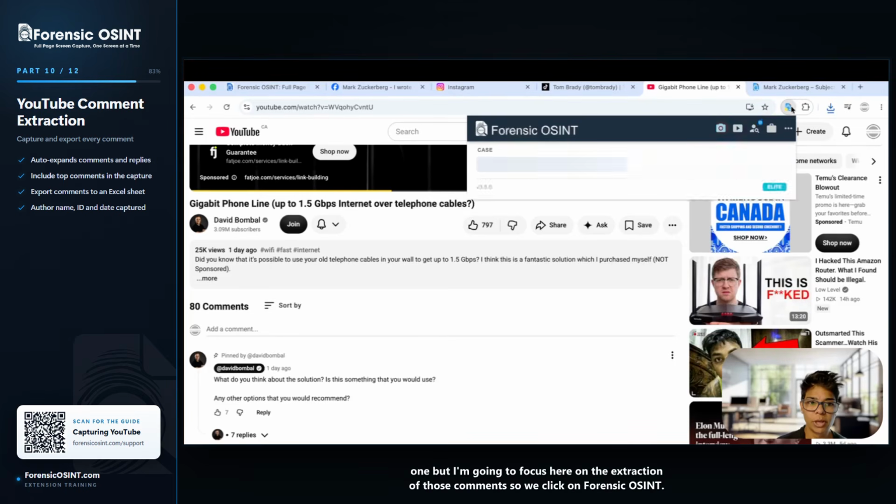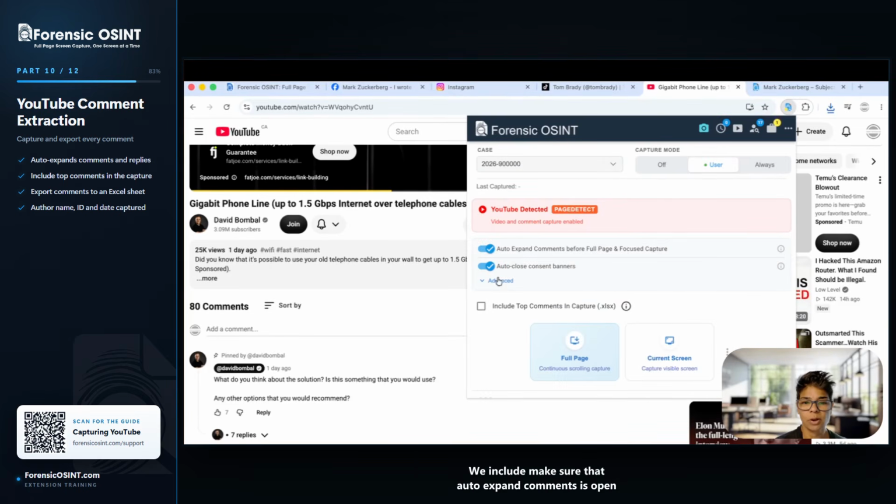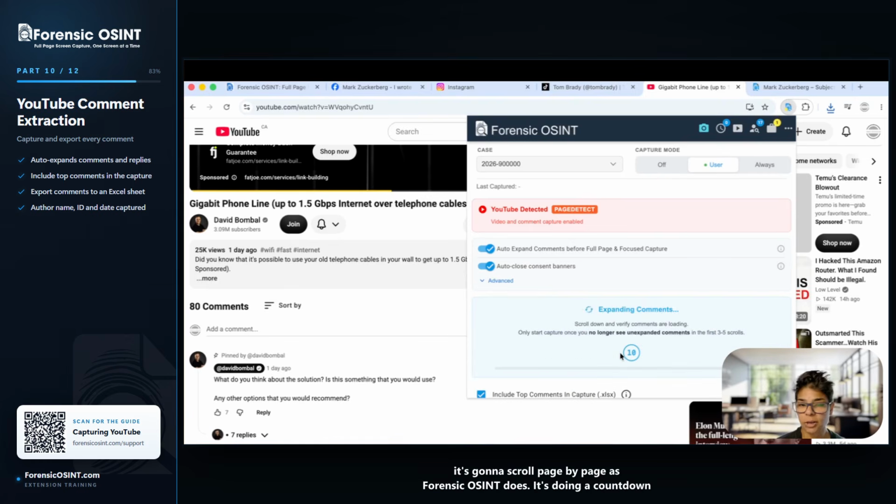So we click on Forensic OSINT. We make sure that auto expand comments is open, and auto close consent banners. That's going to be helpful as well, if there are any. But what I want to make sure I include is also include top comments in capture, and then click on full page. And then it's going to scroll page by page as Forensic OSINT does. It's doing a countdown right now in terms of expanding all the comments and replies, and then it's going to